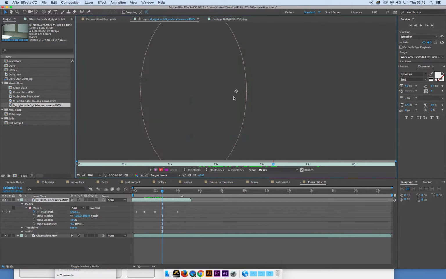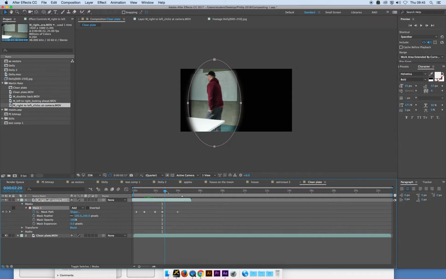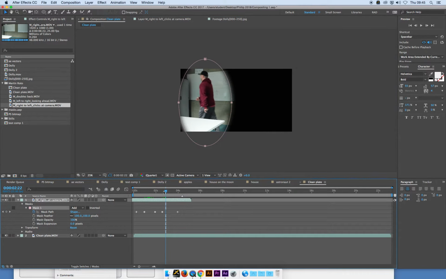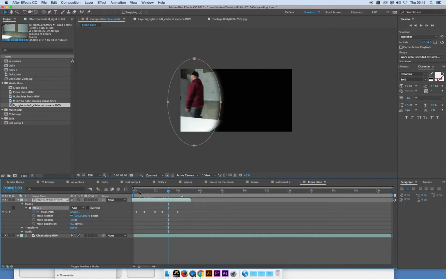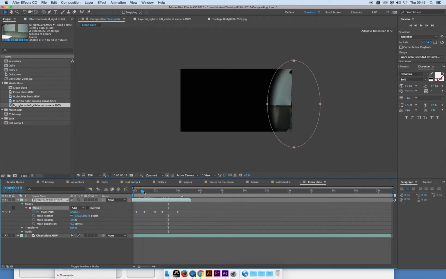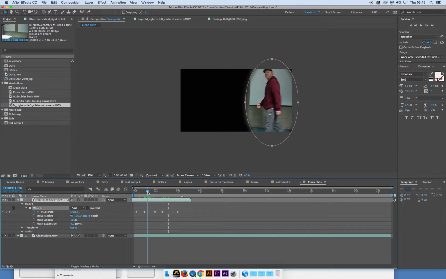So at that moment, I will double click again on the mask, pull it back and down just a tiny bit, and then follow him. So what you're doing is you're trying to start with the very basic movement. So we started at the middle, then we went to the very start, then we went to the very end, and now we're just pulling the playhead in between those points to see if it slips, if it doesn't match him perfectly. And we do that by kind of going halfway between each keyframe, seeing if it's okay, if not,